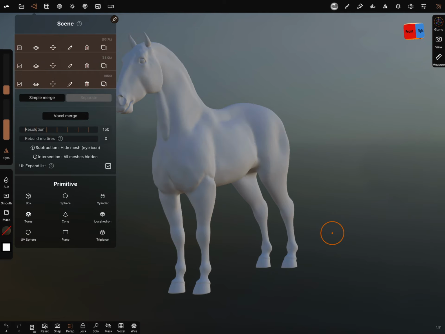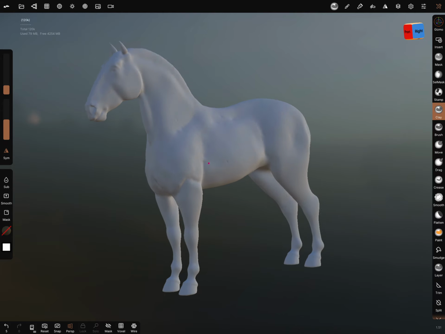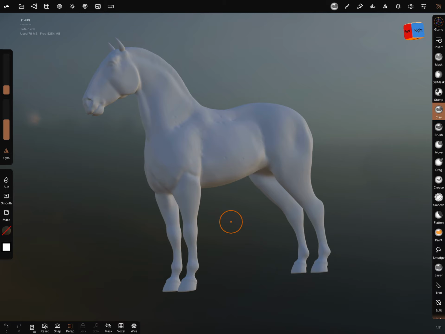You can select the meshes and voxel merge them. And now you can sculpt. Make a bigger horse.